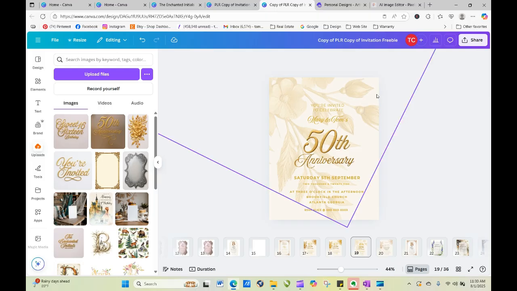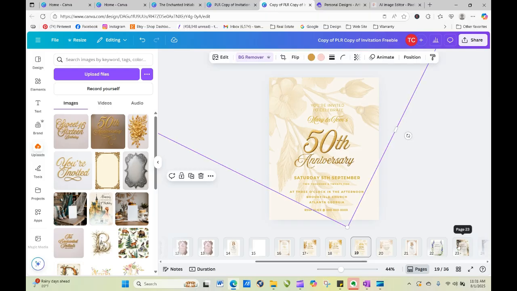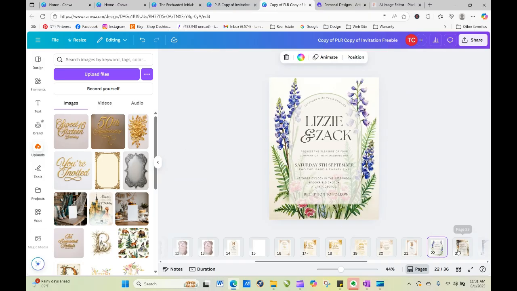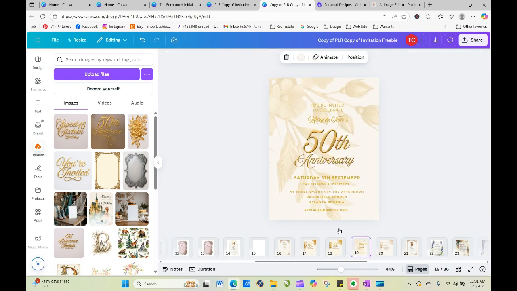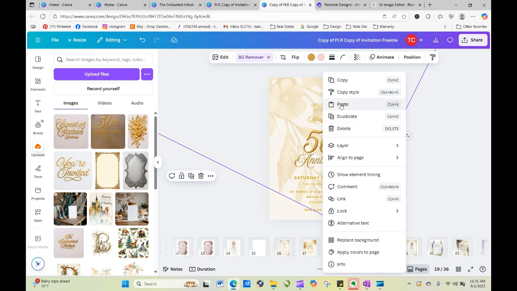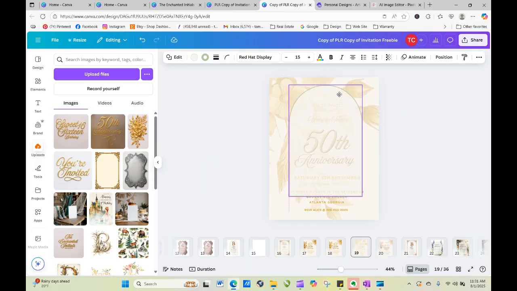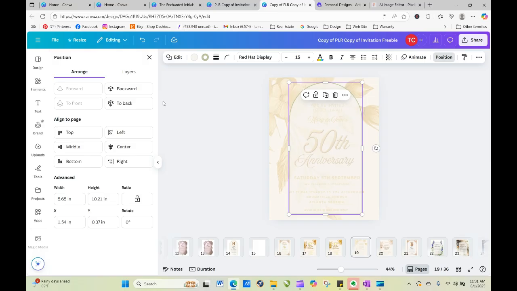So now what we're going to do is we're going to go over to this, grab the arch, copy, come back to wherever I am here, paste our arch in the center like this. Now, did you ever think that you could do that? Okay, so now what we're going to do is we're going to put this backwards and grab our